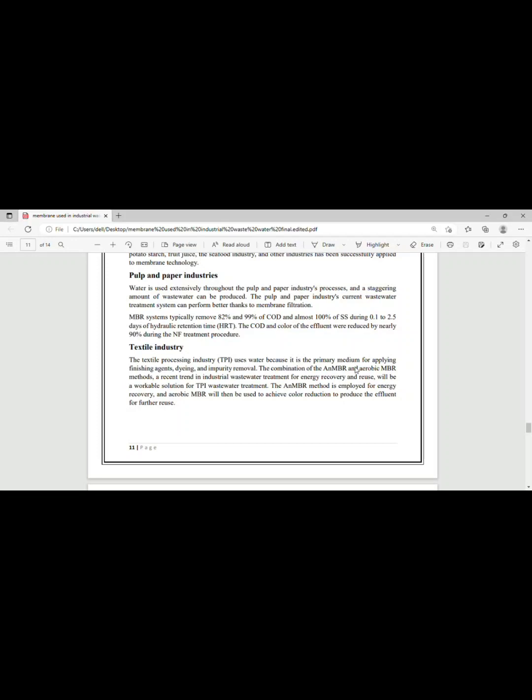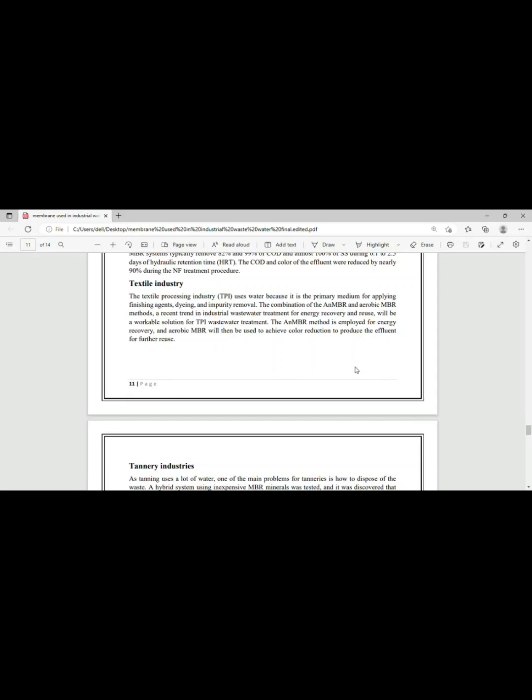The COD and the color of effluent were reduced by nearly 90% during the NF treatment procedure. Textile industry. The textile processing industry uses water because it is a primary medium for applying finishing agents, dyeing, and impurity removal. The combination of the anaerobic MBR and aerobic MBR methods, a recent trend in industrial wastewater treatment for